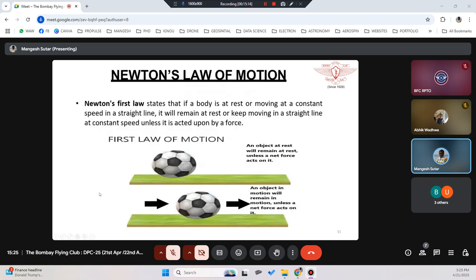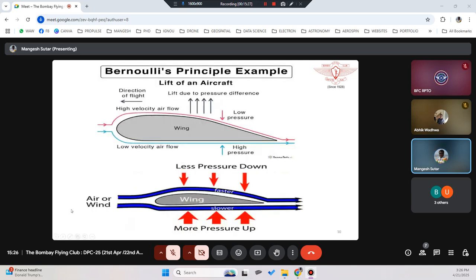Okay. Now, apart from Bernoulli principle, there are three rules which we need to know. That is called Newton's laws of motion. Do you remember what Newton's laws of motion are? Any idea? You must have studied it in 10th, 11th or 12th at some point, right? Newton's